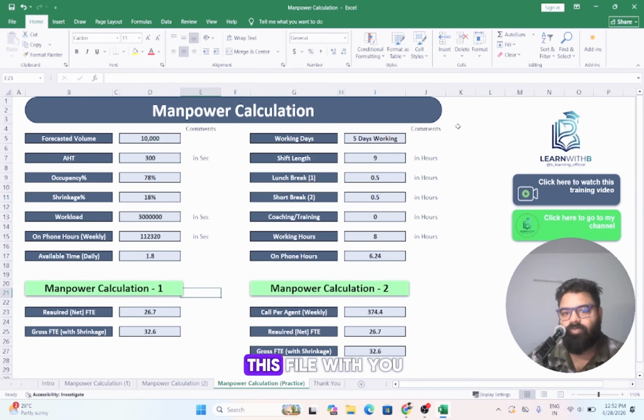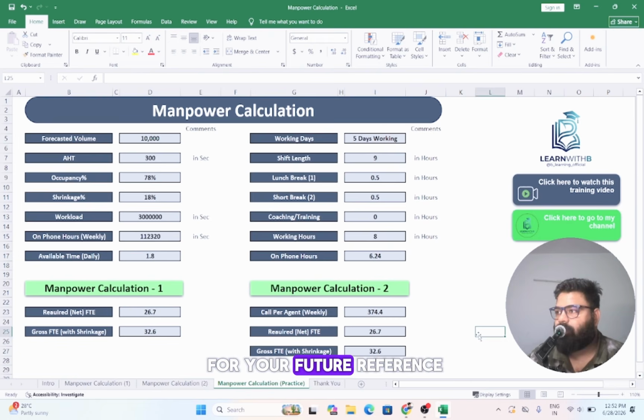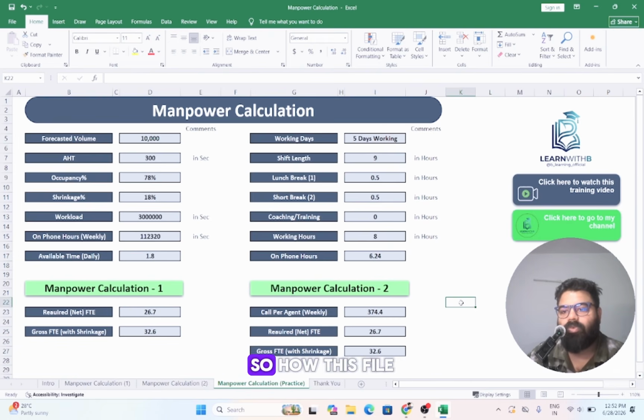I can share this file with you. You can use it for your future reference. So how is this file going to help you? You can change the numbers here. You can work on this. You can practice on this. And the best part of this file is,